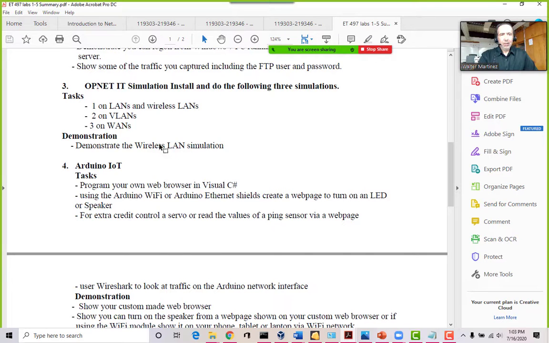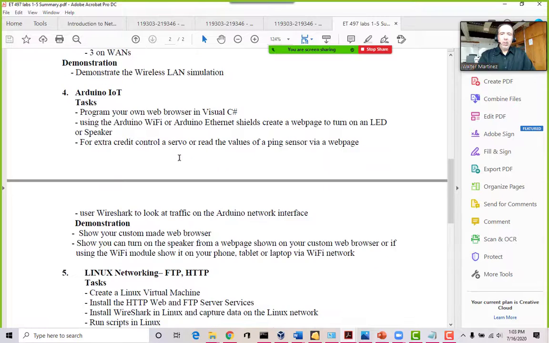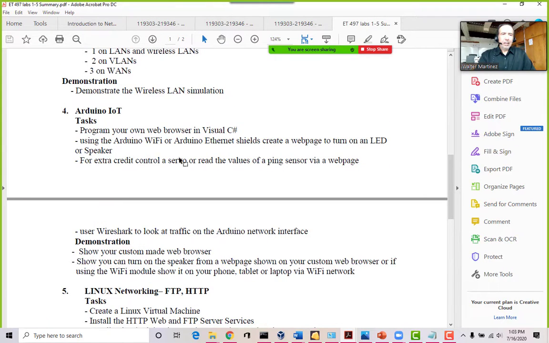Okay. Then we're going to be doing some simulations. And so in the simulated environments, you'll be able to say, okay, what about if I have 300 computers on this network? How do I manage them, and how do I do some load balancing? So you'll actually simulate like you're installing a network for an entire company and run some simulations on there.